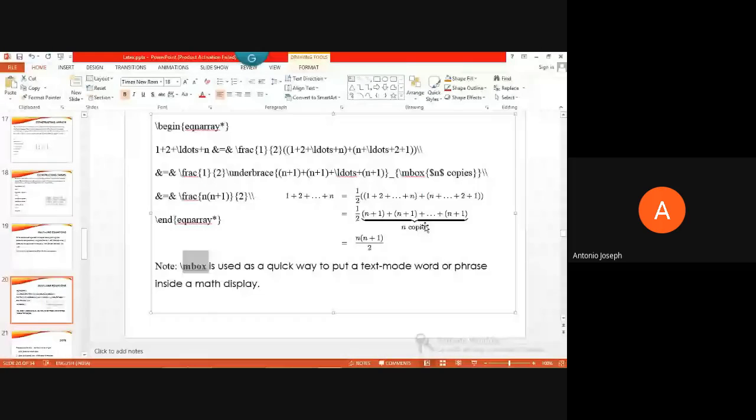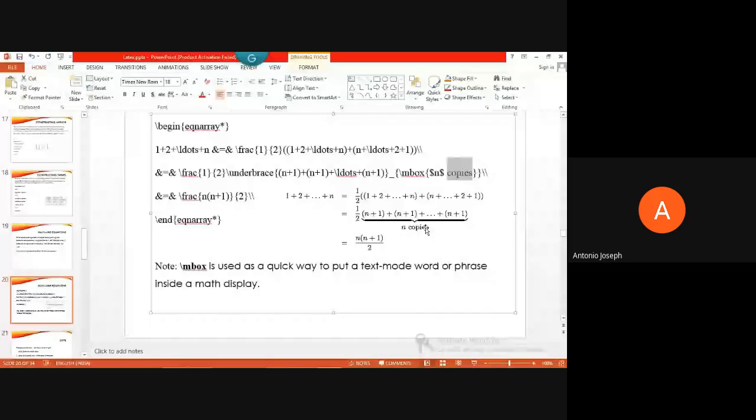Here we are specifying that it's n copies, and n is placed inside the math environment, so that's why it's in italics, like a variable. And this 'copies' is a text one, so we see it as a text input only. So this is how we can specify text inputs in a math environment.